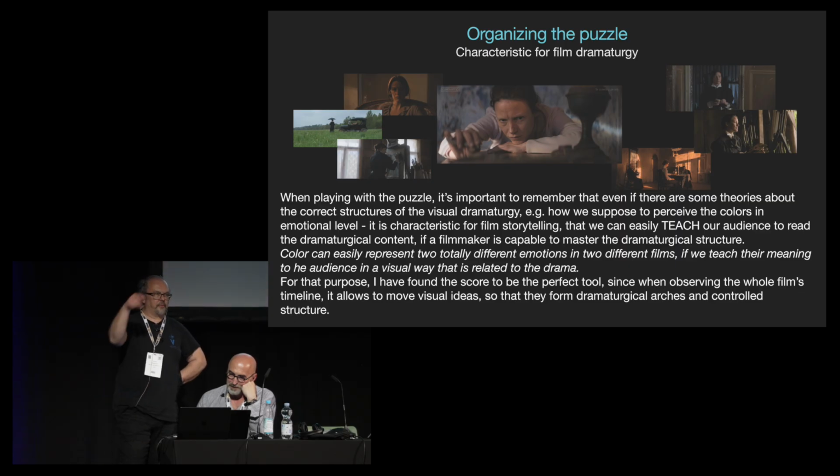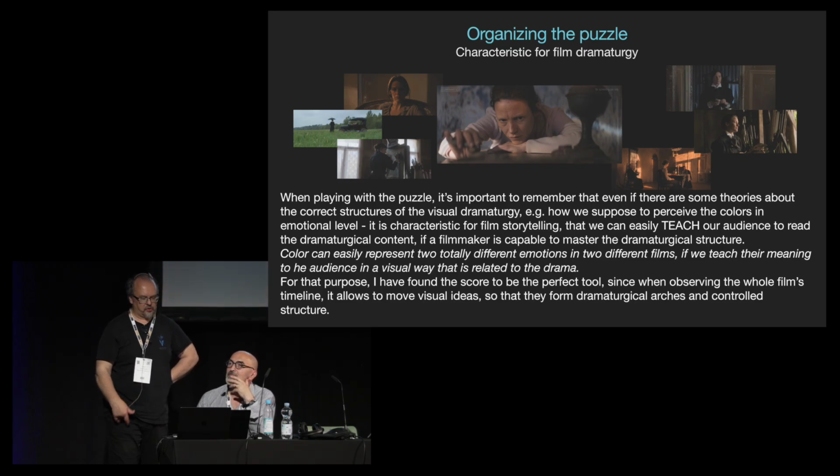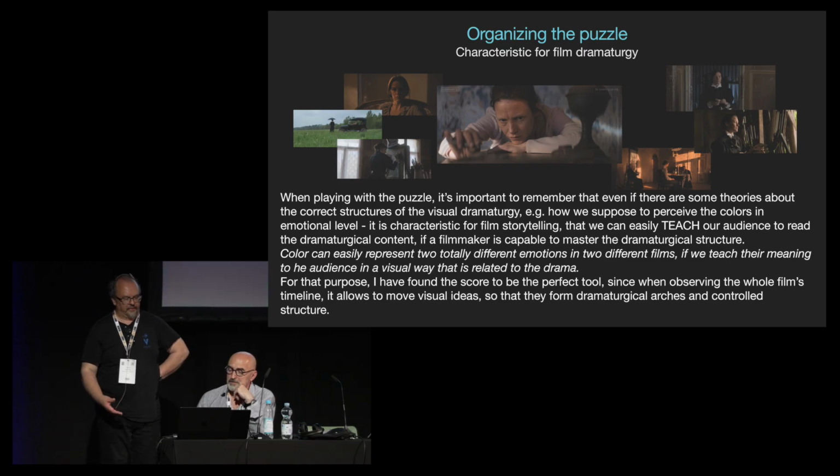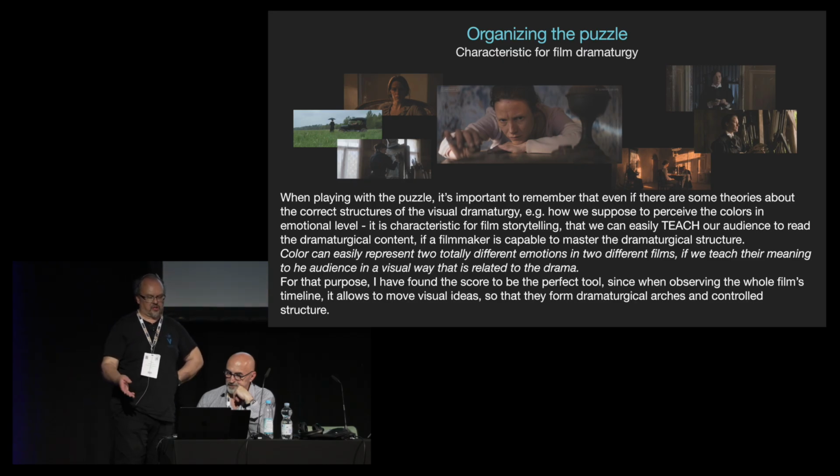And this comes to the thing which I said about these cultural differences, how we experience things. When playing with the puzzle, it is important to remember that even if there are some theories about the correct structures of the visual dramaturgy, for example, how we're supposed to perceive the colors on an emotional level, it's good to remember that it's characteristic for film storytelling that we can easily teach our audience. Which means that